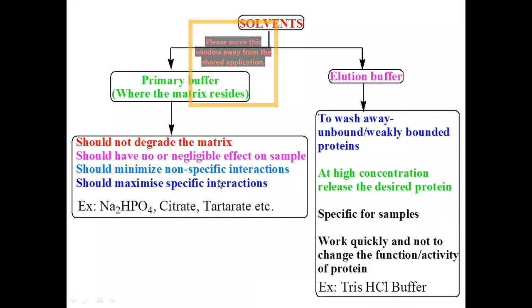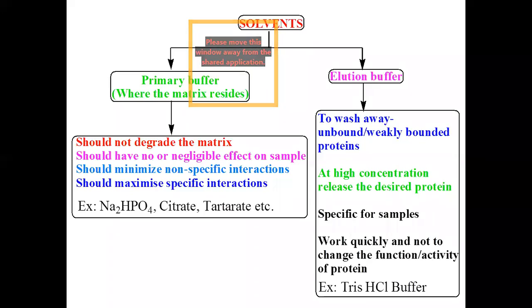So after considering the property of the buffers, disodium hydrogen orthophosphate, citrate, tartrate, etc., all these solutions are used as solvents in the form of buffers during the residence of the matrix in the affinity chromatographic separation process. Next, the elution buffer. What kind of elution buffer is used? First of all, the elution buffer is used to wash out any unbound or weakly bound